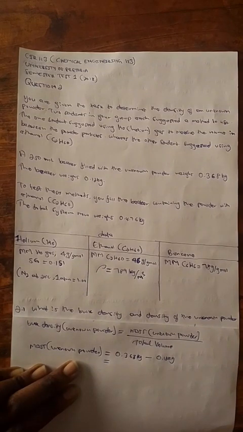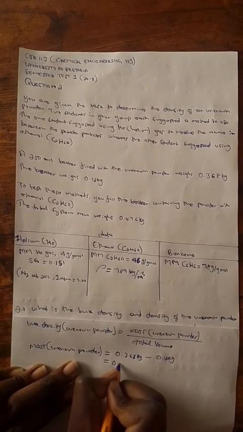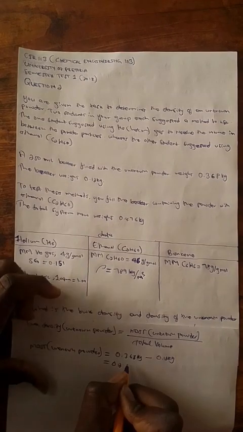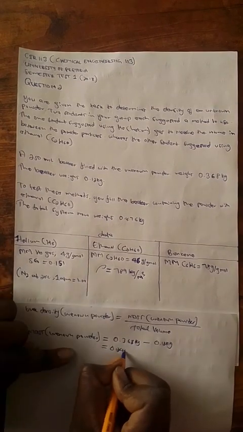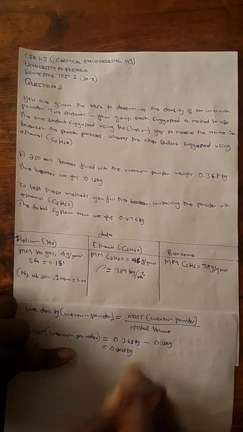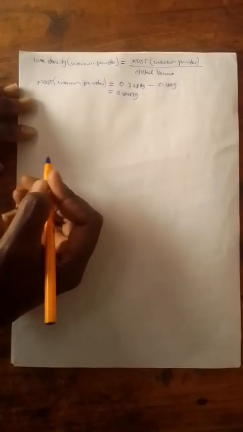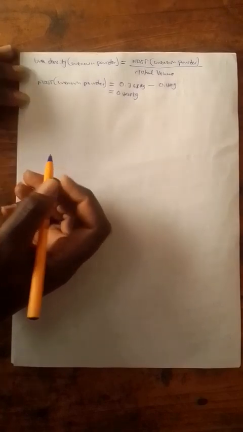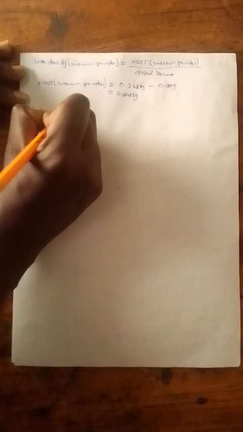And if you use your calculator, that is going to give you 0.248 kilograms. So we now know the mass of the unknown powder, and we also know the total volume because it has been given to us. So with that said, we can say, therefore, the bulk density